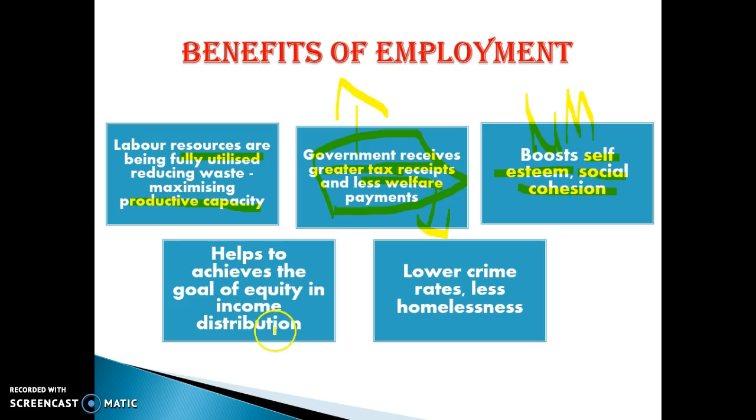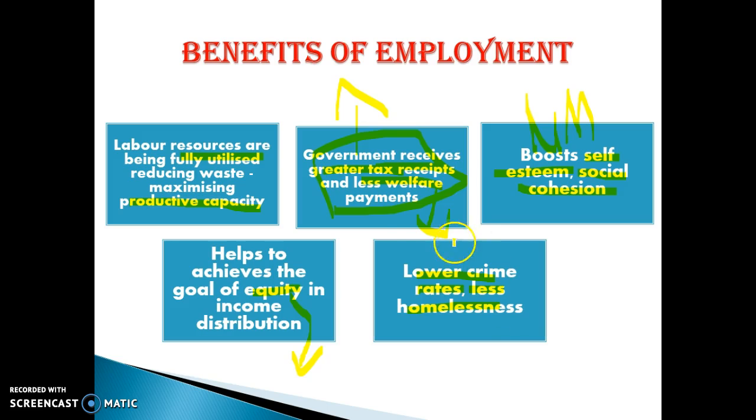It also helps to achieve equity. Equity is all about fairness in the distribution of income. The more people that are on welfare, well, for starters, the government has less money to pay for each of them because there are too many. And once we have a job and start earning a factor income, it helps to boost the incomes of workers. So unemployment is the biggest cause of inequity within society. If we can get more people a job, then inequity will fall and we'll become more equitable. There are also lower crime rates and less homelessness, because low income earners are generally more likely to be involved in crime, which we've talked about in the past. They're the benefits of employment.